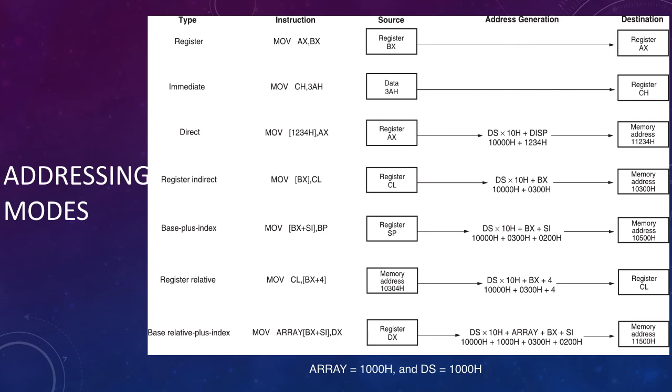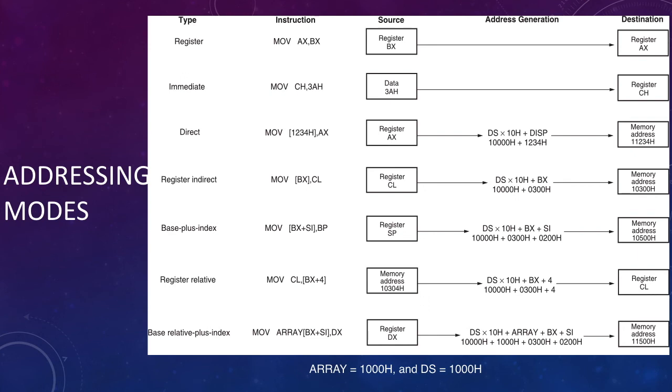The first addressing mode is register addressing. As the name says, it transfers a copy of a byte or word from the source register to the destination register. Then we have immediate addressing. Here the data is directly transferred to a register, that is, we are directly working on the data, so it is termed immediate addressing. In direct addressing, the data is transferred between a memory location and a register, thus we are directly addressing the memory, but these types of instructions do not support memory to memory data transfer.